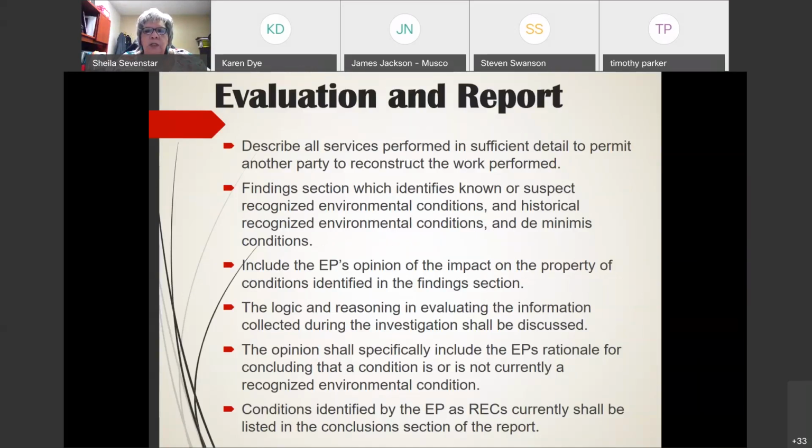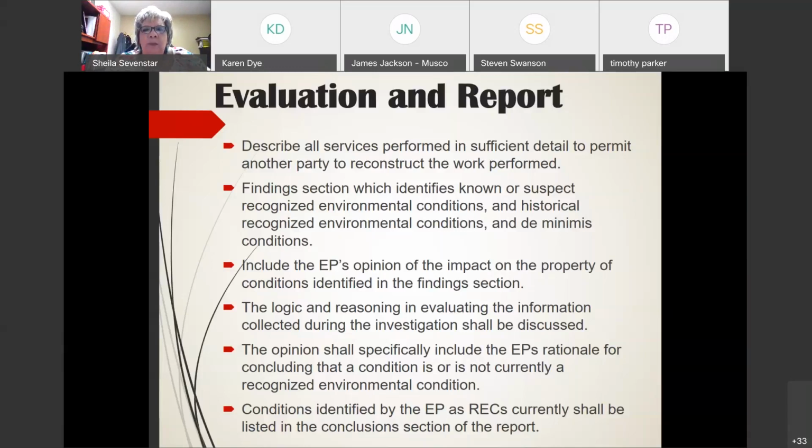De minimis condition is a condition that just doesn't count. I think it's something that's less than, I want to say 25 gallons, but I'm not certain. I can't remember. It's like if you have cleaning products in a closet for janitorial, that would be